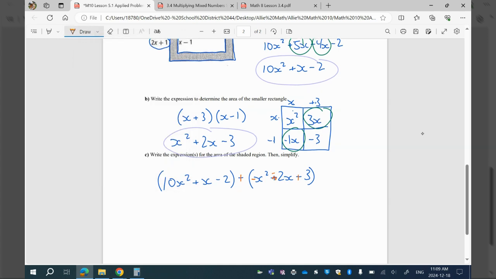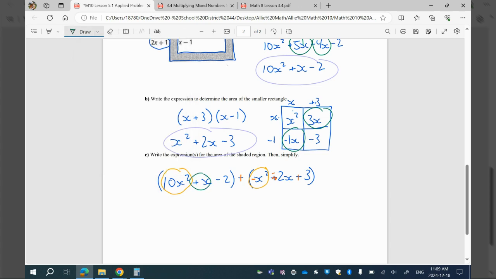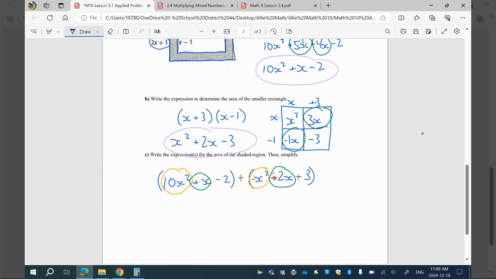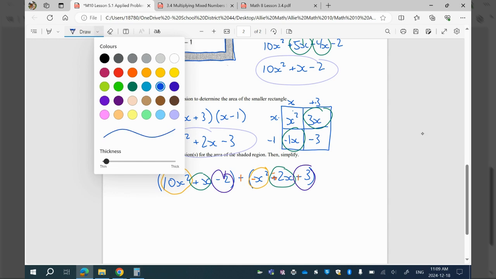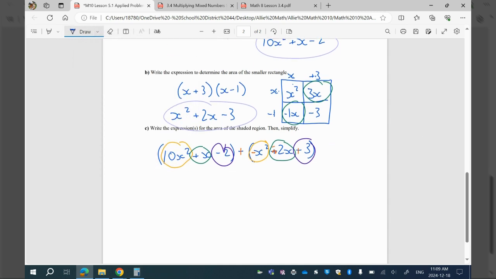And now we combine the like terms. So we're going to combine this 10x squared and this negative x squared. We're going to combine our x and our negative 2x. And we're going to combine our negative 2 and our positive 3. So let's do it. 10x squared plus 1 negative x, or take away